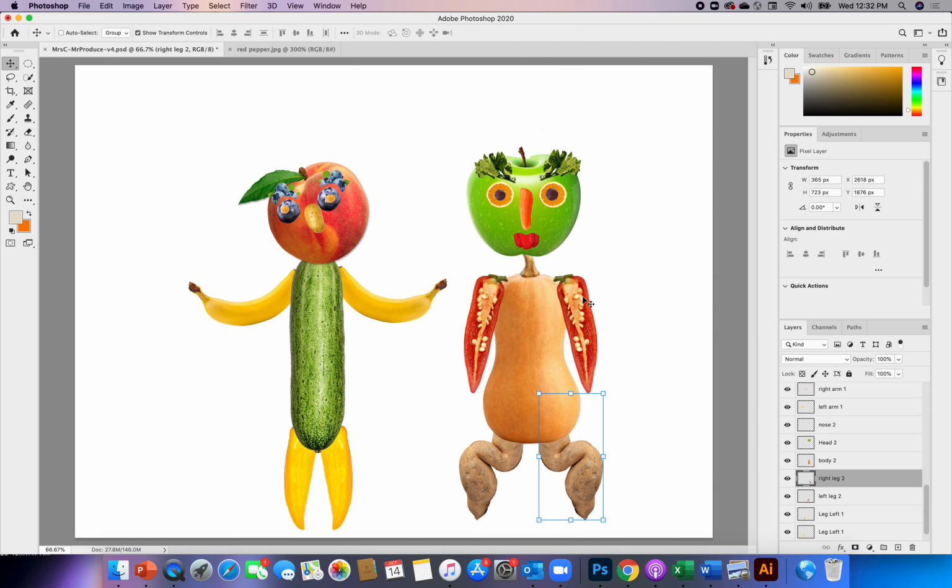I'm going to also move her arms behind her body, because I'm about to bring in some accessories for these girls, and I think having the arms behind the body is also going to be a benefit. So I'm going to bring that left arm 2 down so that it is also behind body 2, and then I'm going to bring right arm 2